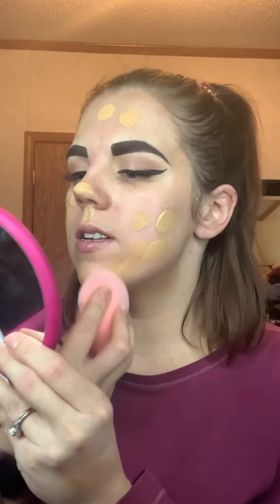And we're just going, I guess I really didn't need 3 pumps, but I do drag this down my neck because it is a little bit darker, but not too dark, if that makes any sense. So we're going to deglass here, and then we're going to go with the Real Techniques. We're just going to apply it. It is a little bit firm,